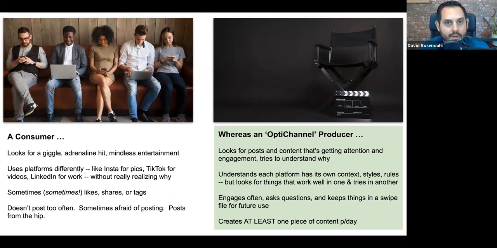Infographics are very good. There are certain platforms where those do better than others. So I'm sure as a producer now, you're going to start to pay attention to some of that and figure out where you can leverage those. I want to hear from a few others of you. How's this hitting you? Are you understanding what I'm talking about here?